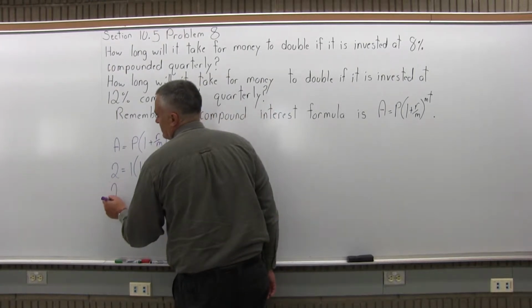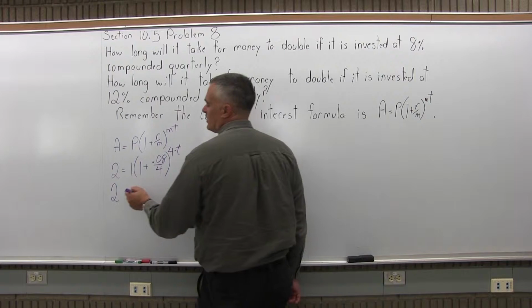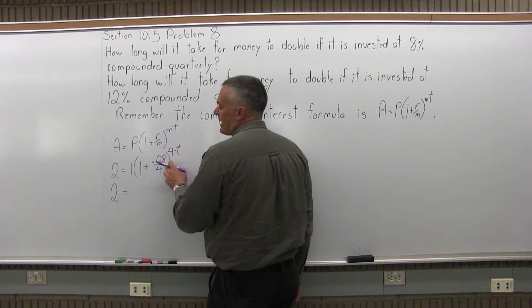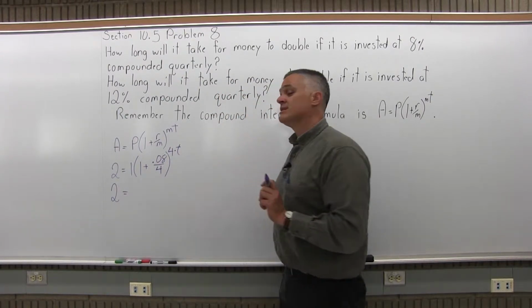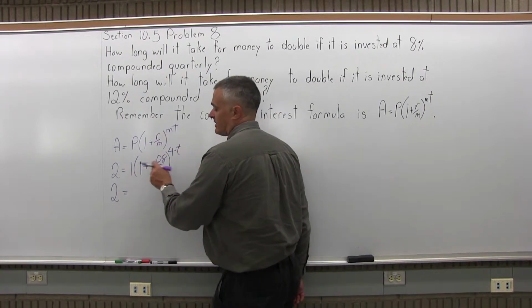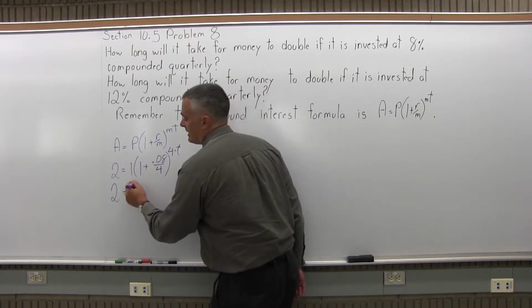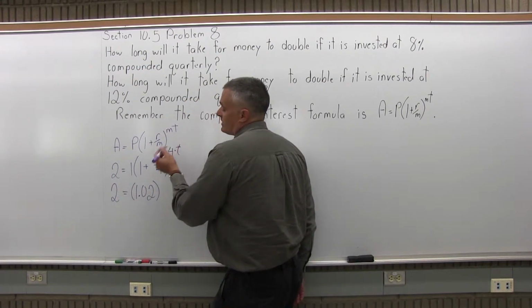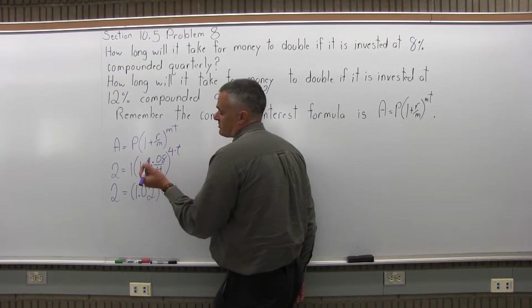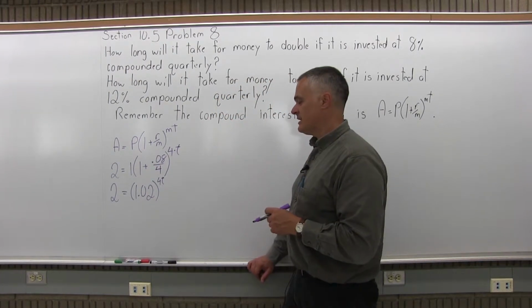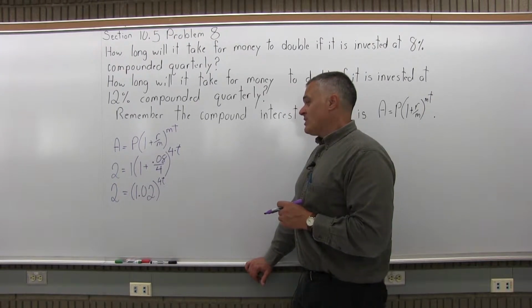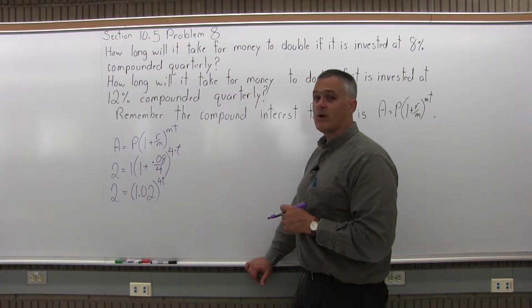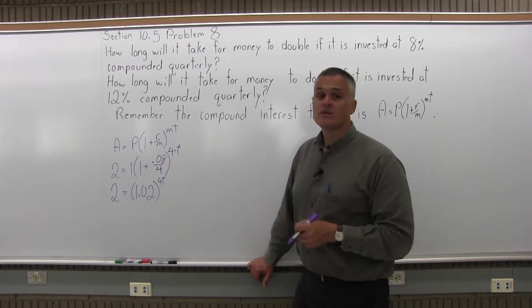So I have 2 on the left side of the equals. 1 times the parentheses. I don't really need to write the 1. 0.08 over 4 in the parentheses reduces to 0.02. There's a 1 plus in front of that, so 0.02 plus 1. In the parentheses, I would have 1.02. And the exponent 4 times t, well, I can't simplify that too much. I'll just write it as 4t. So I have the equation 2 equals 1.02 to the 4t power. And if I can figure out what t is, that's how many years it'll take for my money to double